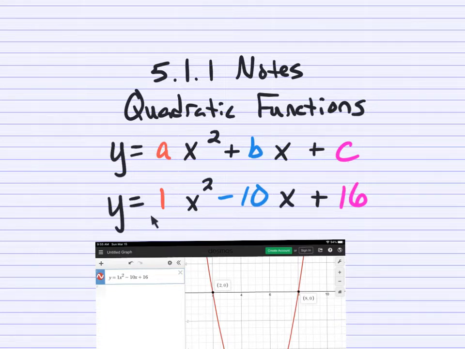Now, the order in which you write this doesn't really matter. You just need to remember that the a value is the number in front of the x squared. Normally I wouldn't write this 1 here, I would keep it invisible, but for today's purposes I actually wrote the 1 here so that you can see the a value is 1. Now the thing about quadratic functions is,